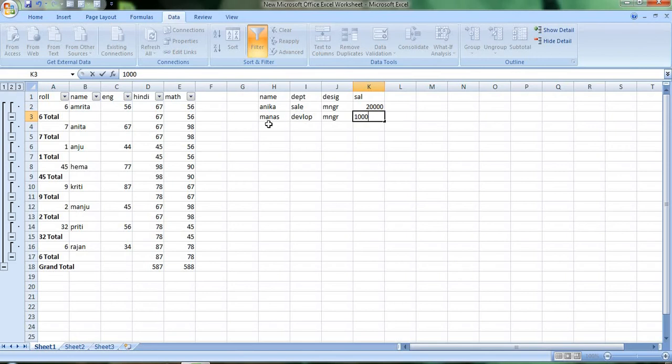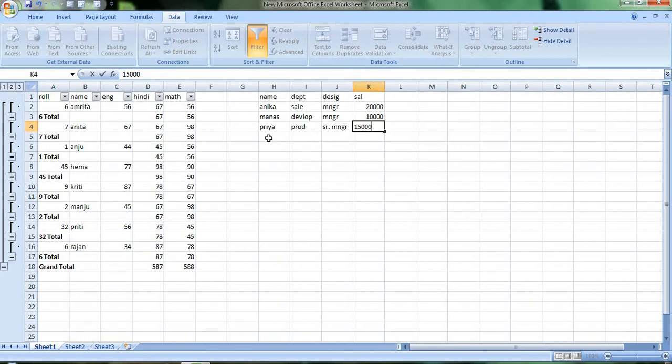Third one is Priya, area is production, senior manager, salary is $15,000.